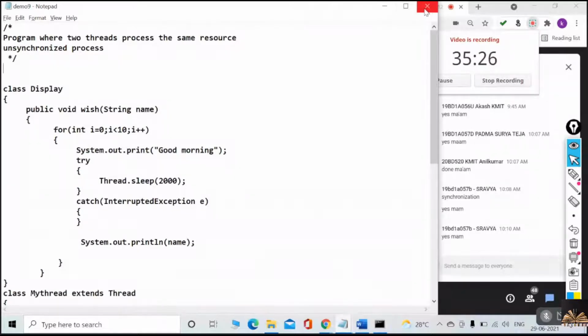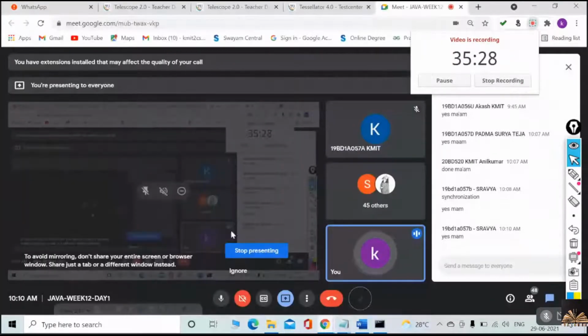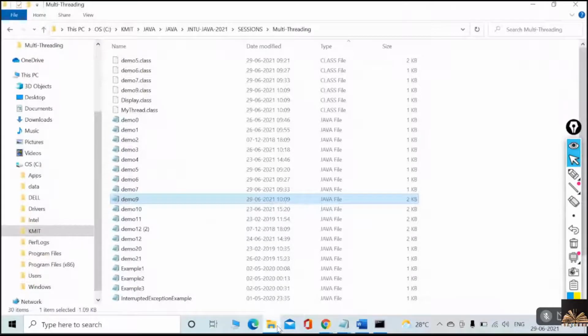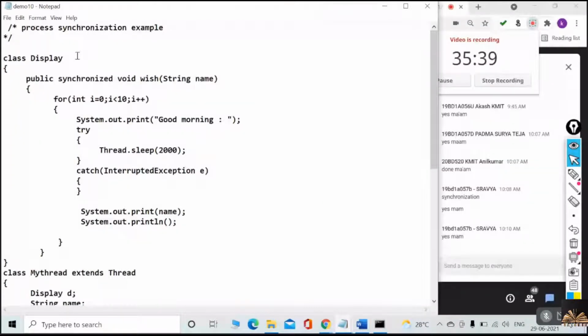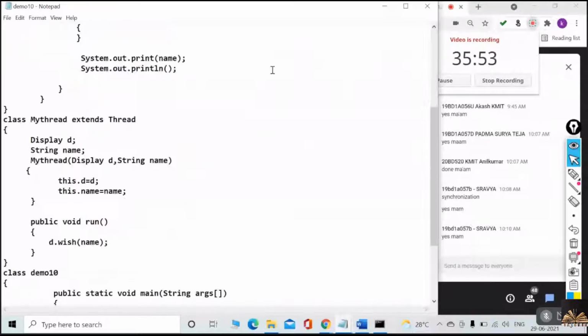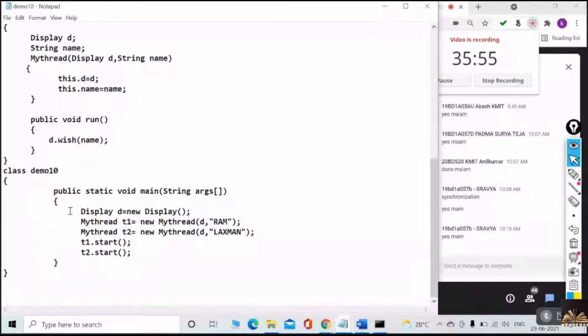Now look at this carefully. I just want to show you one more. Have a look at this. Read the example first, the comment line first. Process synchronization example. This was previously the unsynchronized process, but now it is a synchronized example. See, everything is the same. I'll replace this with